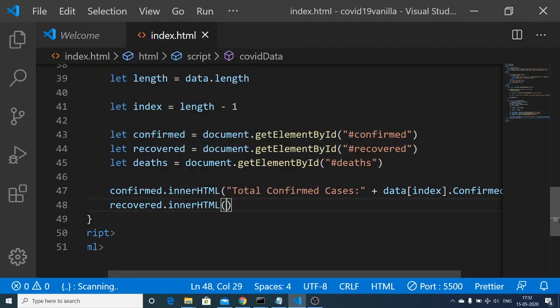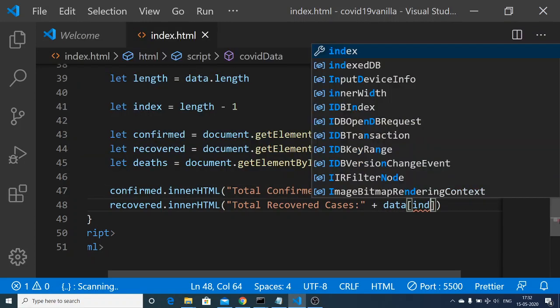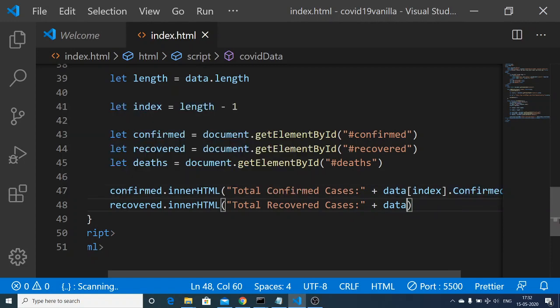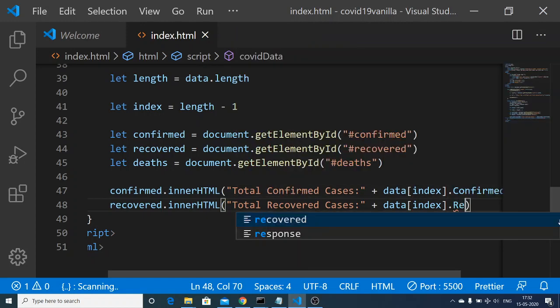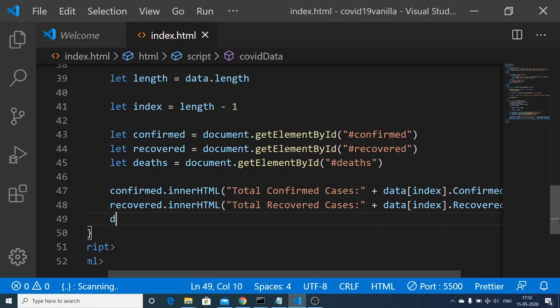Recovered innerHTML, total recovered cases. So it is pretty simple. We have done this in the last video as well. I just wanted to show you the concept of async and await, how to use it with fetch. So these lines are the same here. If you have watched my previous video, you will recognize these.